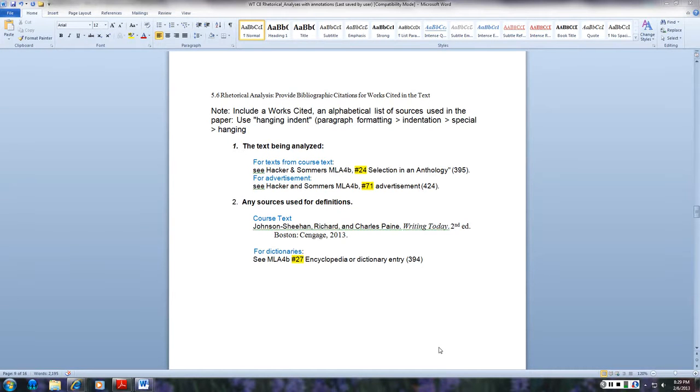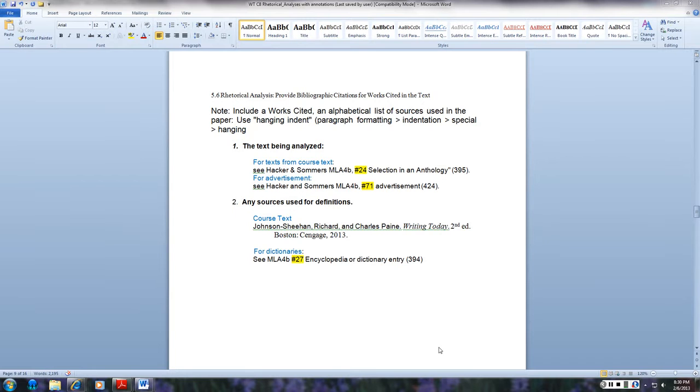So if you borrow material, you credit that source in the text itself. It's called an in-text citation. That includes the signal phrase, which is the author's name, the context, and a parenthetical citation that indicates the page number. If there is no page number, you use the title of the article or the author's name in place of the page number. Finally, all of those sources that are cited are included on a separate page, part of the same document, and though they are arranged alphabetically by the first word in the entry,